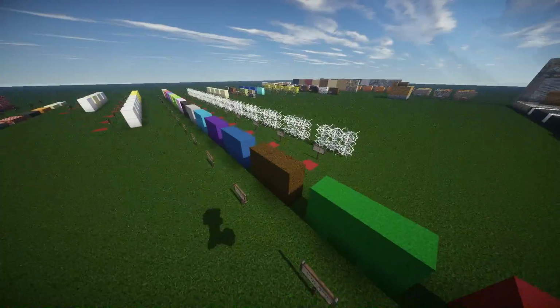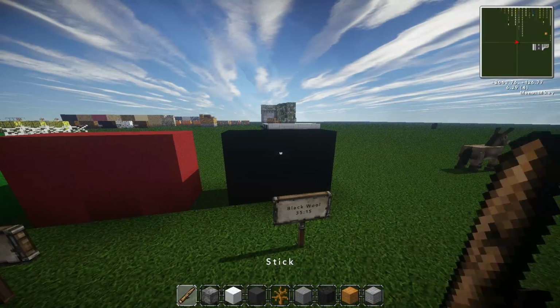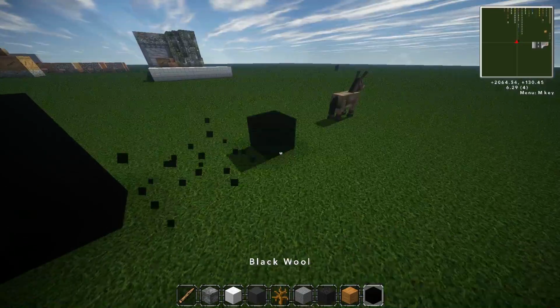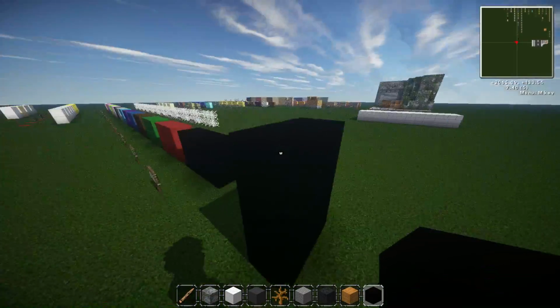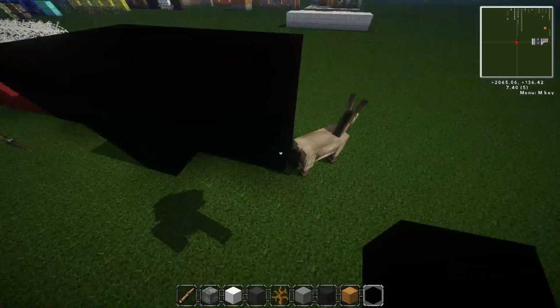I think I need to darken that green. I think it's too bright. Red and black. I've made the black really black. So I might actually lighten this up and then use, for example, the block of coal to make it really dark. But what I was thinking is when I have tunnels in the city...